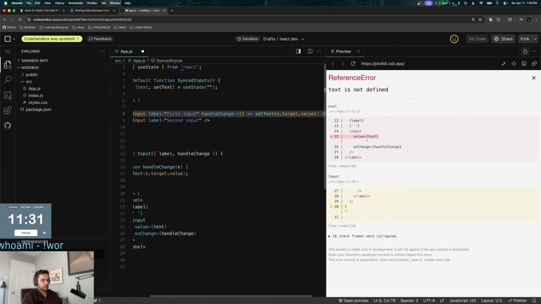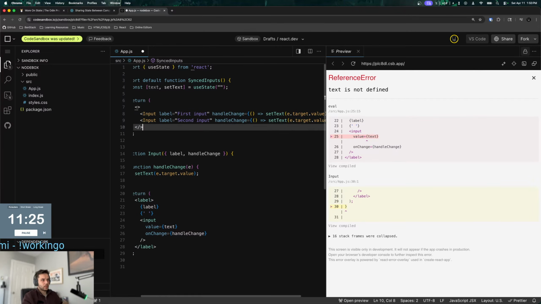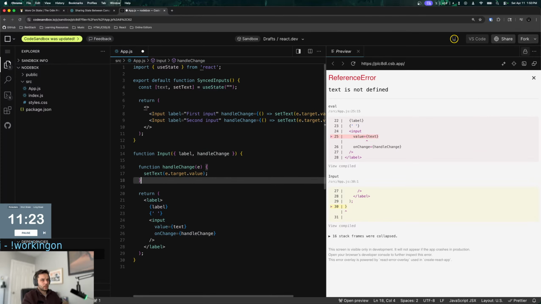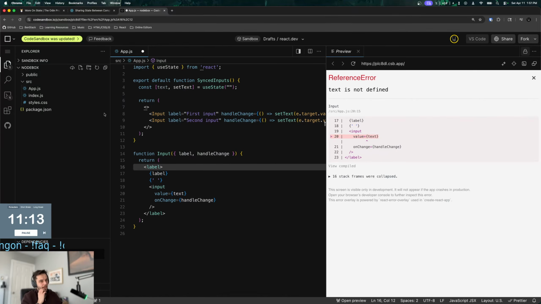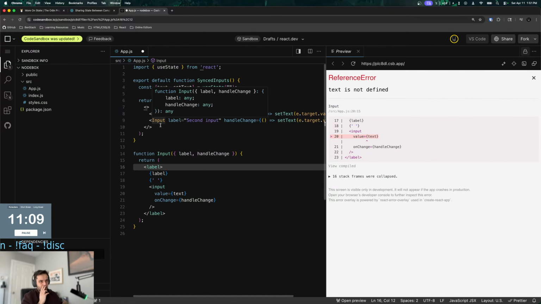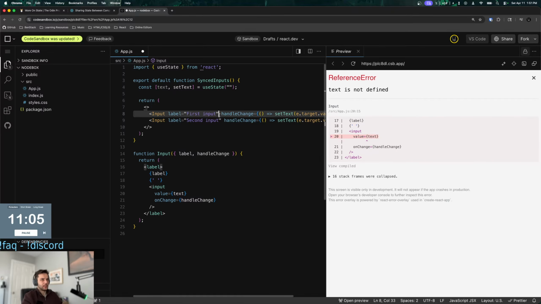I don't know if this would actually work. I'll just get rid of this guy. Oh, and then we need the text, right? We need to pass the text in here as a prop as well.